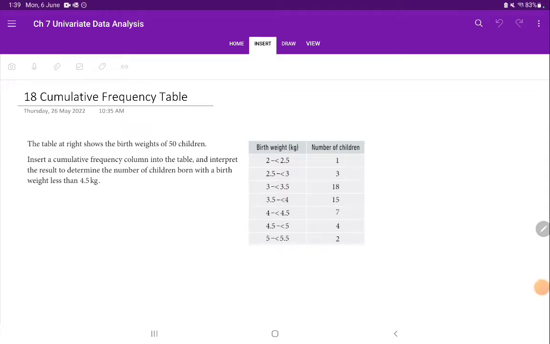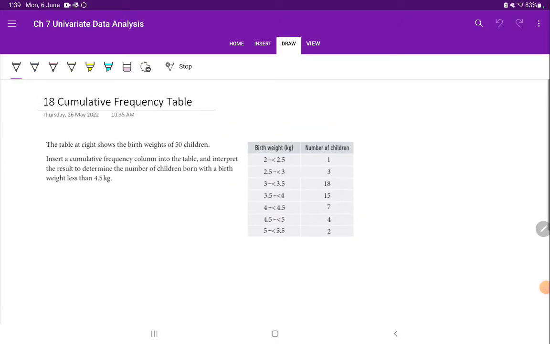Hey. So today we're going to be looking at cumulative frequency tables, and in particular we're going to look at how to construct one. Now we've actually been doing it for a while now. It's what we've been calling CF when we've been finding our medians and quartiles, Q1 and Q3. So doing the first bit's going to be pretty straightforward, and then we're going to be showing how we can